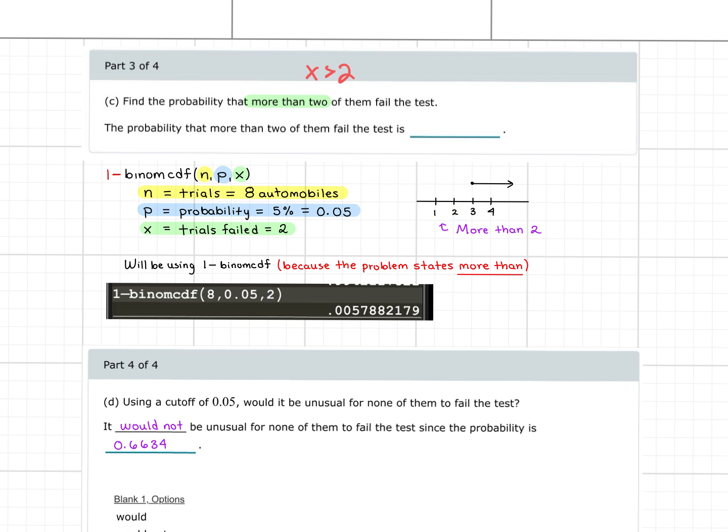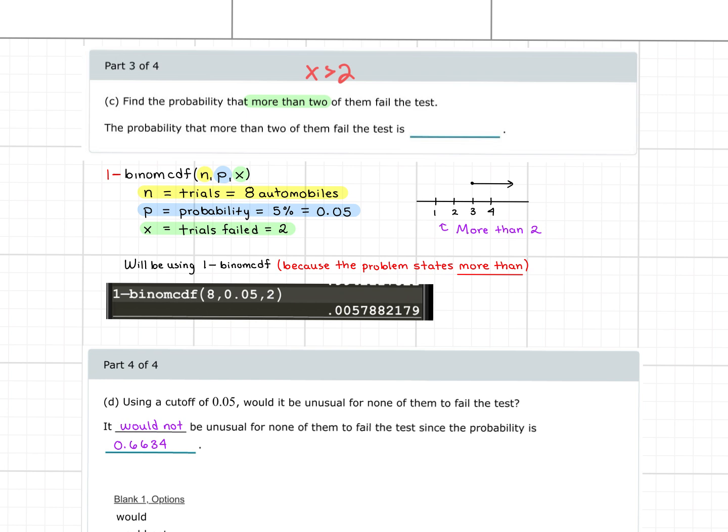You don't want those. So that's why for your x value, you go all the way up to the number you're interested in. So since I did want 3, the x value, when you're doing the complement, is always the number right before it. So that's where the 2 comes in. All right. And just like in the video that hopefully you watched on the quiz, everything stayed the same, except now we're doing 1 minus, and then you're going to second distribution, binomial CDF, and then the only thing that changes is now you're doing the 2 right there,